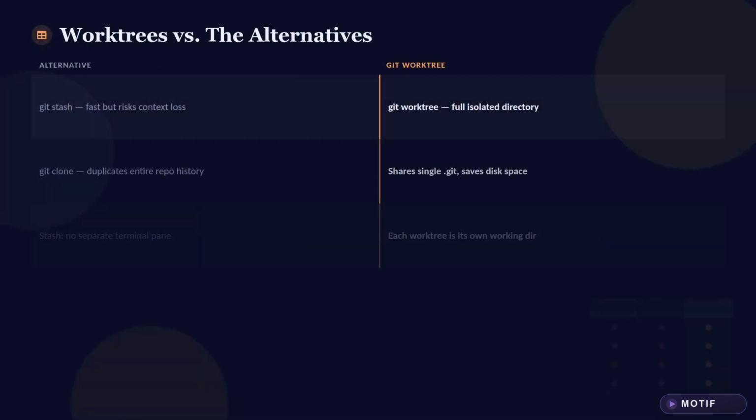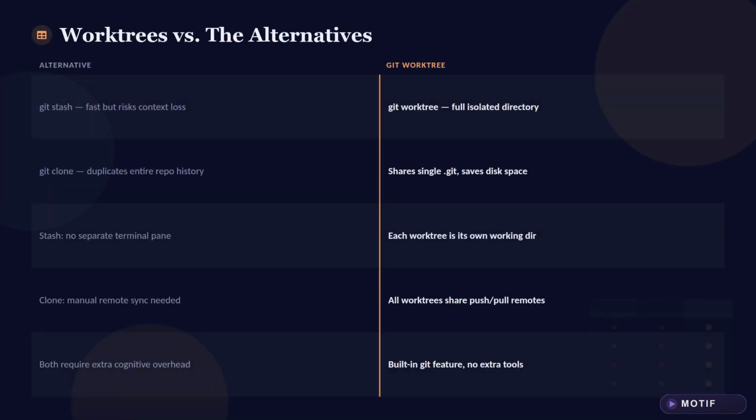So how does this stack up against the two things developers already reach for? Stash is fast but lossy. It serializes your work into a commit-like object and asks you to trust the pop. Cloning is safe but expensive. Full history duplication, no shared objects. Worktrees thread the needle. The safety of a separate checkout, the efficiency of a shared repository, without the ceremony of